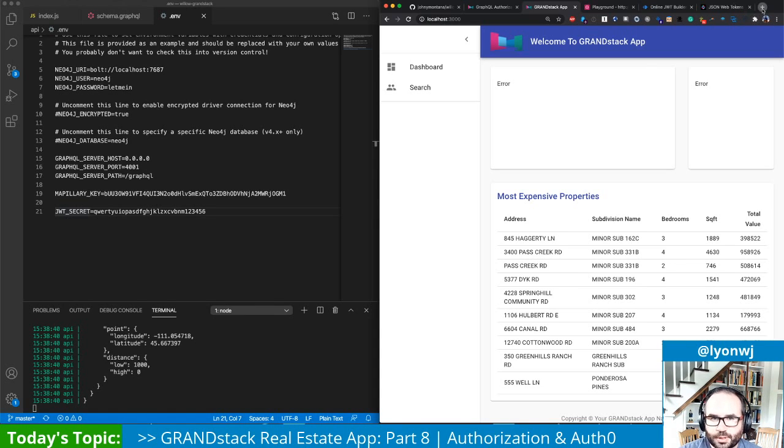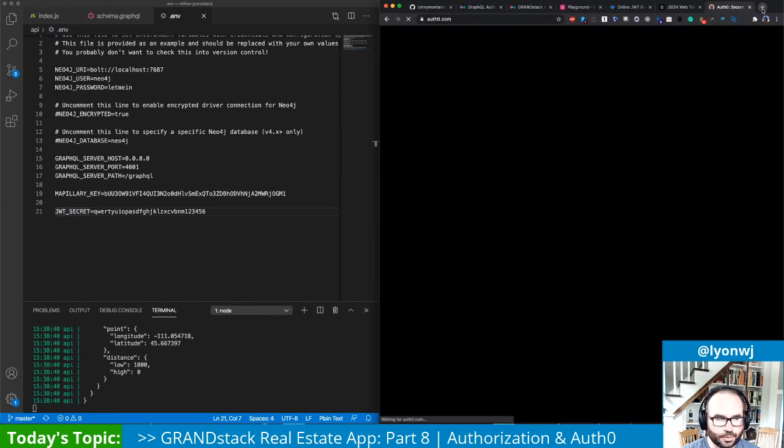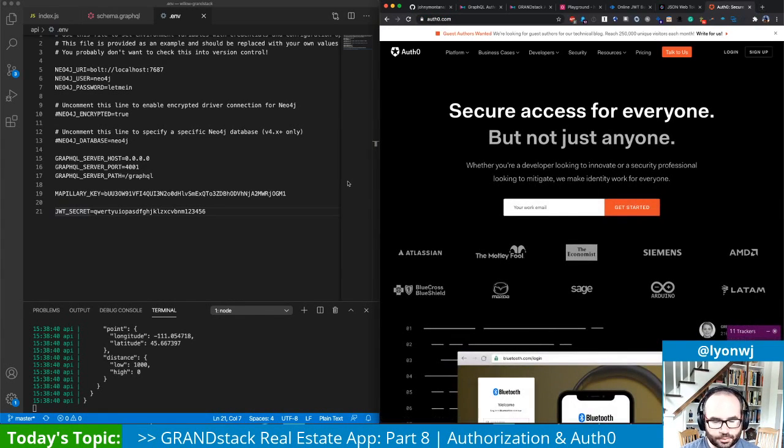And for this, we're going to use Auth0. Has anyone used Auth0 before? Any folks familiar with Auth0? If you haven't used Auth0, it's basically an authentication service. You can also think of it as an identity provider. So it allows you to